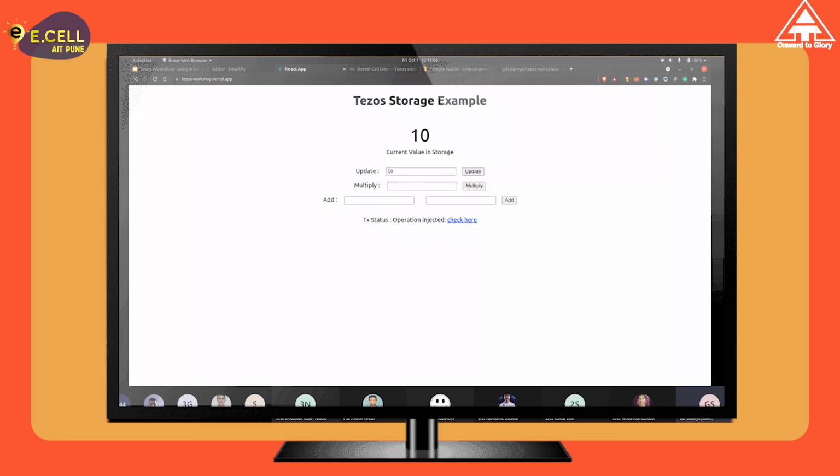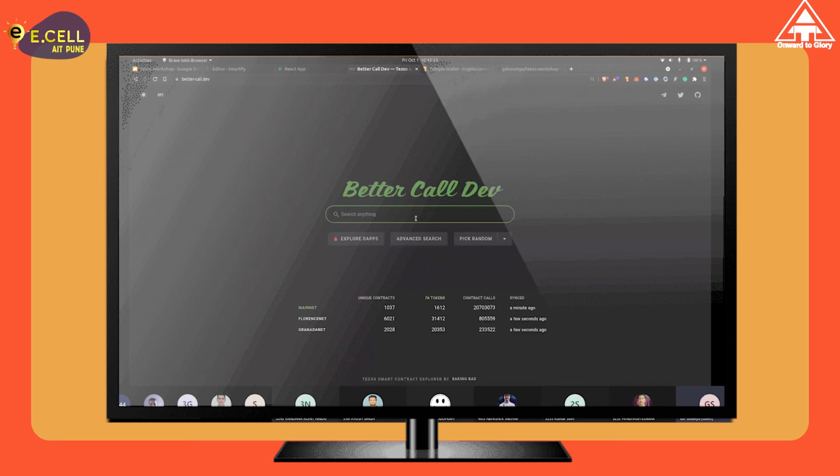We can see that the value is updated from 0 to 10 now, and it's persistent. If I refresh the page, it'll fetch the data from the blockchain, which is still going to be 10. So we'll look into the front end code that is interacting with the blockchain. Besides that, we have Better Call Dev open here. We'll take a look at how to use an indexer. While developing, if you want to debug something, you probably want to use Better Call Dev for that. This will help you look at all the transactions that you're making. It's pretty easy to use.